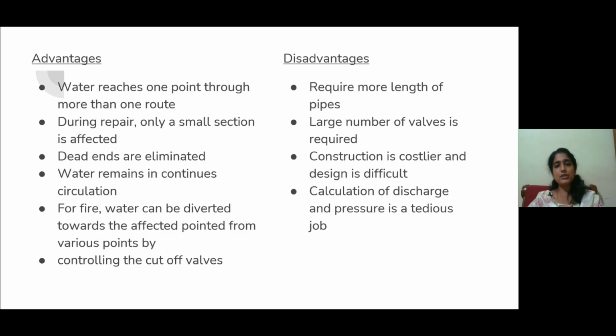The main disadvantages of gridiron system are it requires more length of pipes because of the interconnected system, and it can only be designed for a well-planned city. And a large number of valves is required. That is, cutoff valves should be provided at every interconnection or connection with the submains or mains. Then the number of cutoff valves will be large. Then construction is costlier